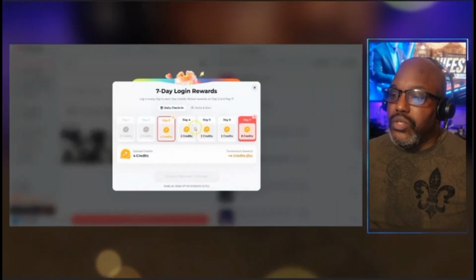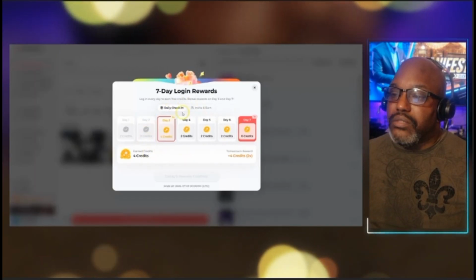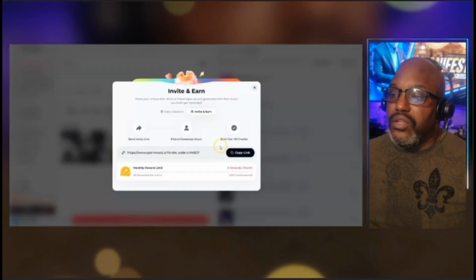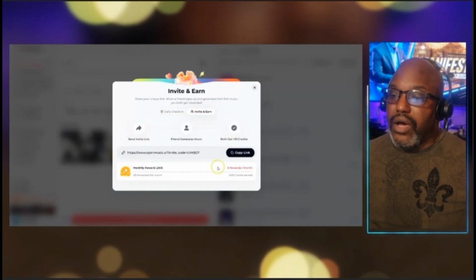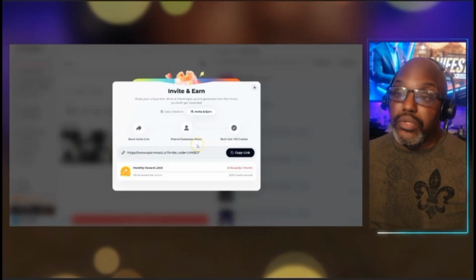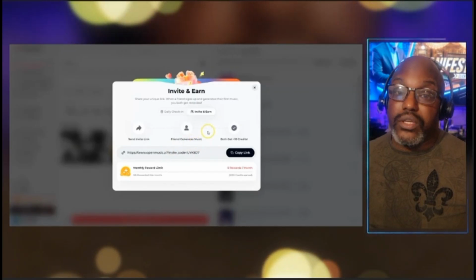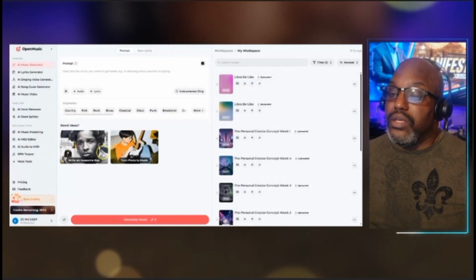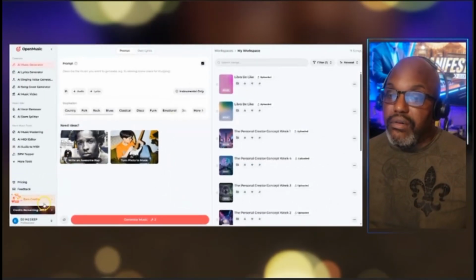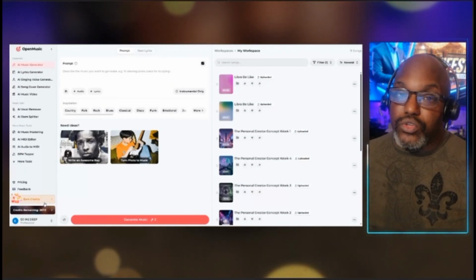First and foremost, you are allowed to invite other people, but you do get the awesomeness of the 7-day login, and then you can earn credits when you send out the link as well. So if you want to go completely free, as long as you're sending it to people that want to get the rewards, and then they start using the app itself, then it benefits them too. It does have the same setup as the other when it comes to your royalty. So make sure when you're doing royalty-free music,